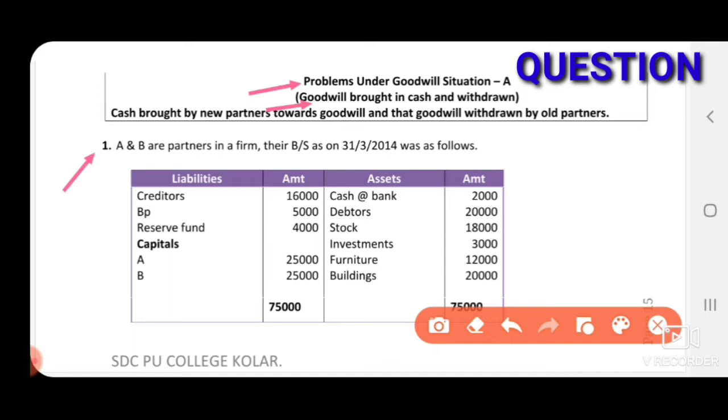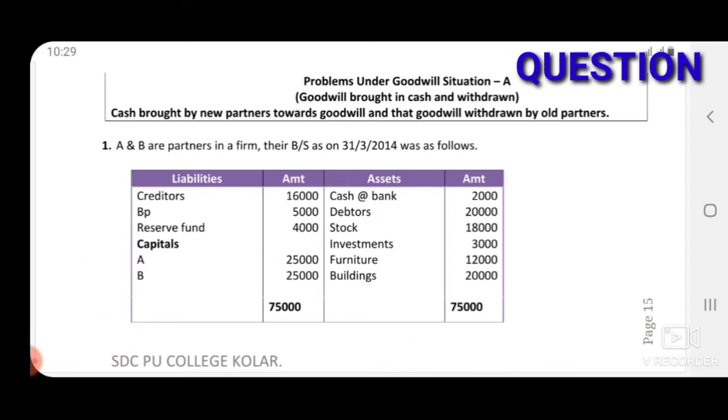So first, liabilities side: creditors and bills payable transfer to a new balance sheet, that is third step. Reserve fund and capitals transfer to partners capital account credit side. So it's clear that on the liabilities side, all the liabilities transfer to new balance sheet except reserve fund and capitals. If you get profit and loss account also, you have to record it under partners capital account, not in the balance sheet.